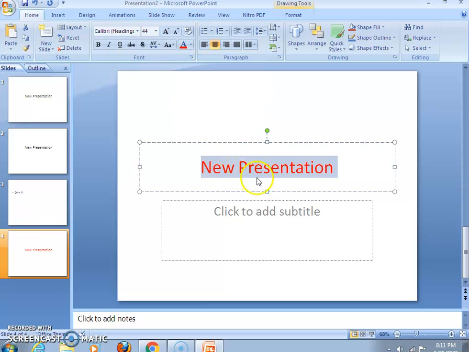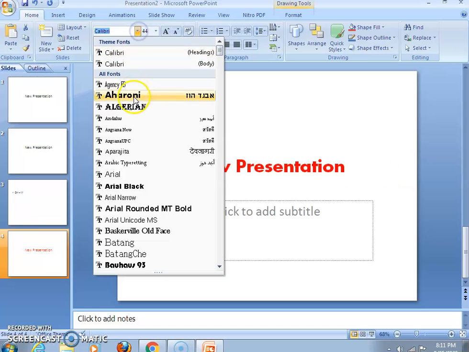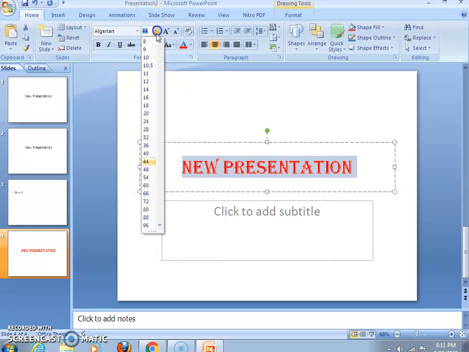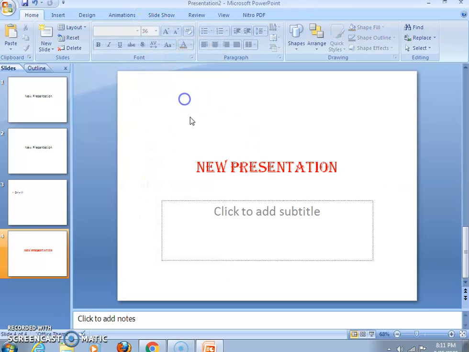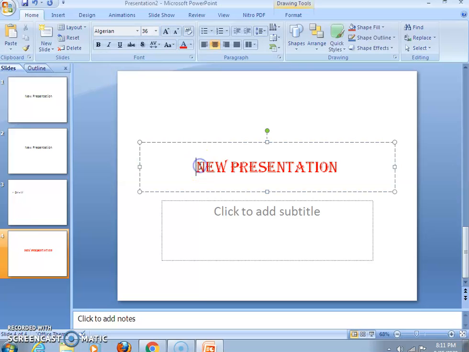Click the color which you want in your presentation and see the text is formatted. Likewise, you can change the font also, its size also, and all the formatting effects as you use in Microsoft products like Word and Excel. You can utilize the same thing over here in PowerPoint also.